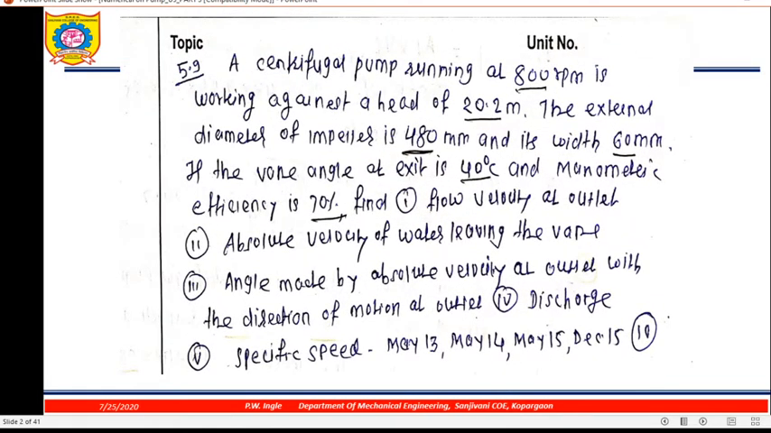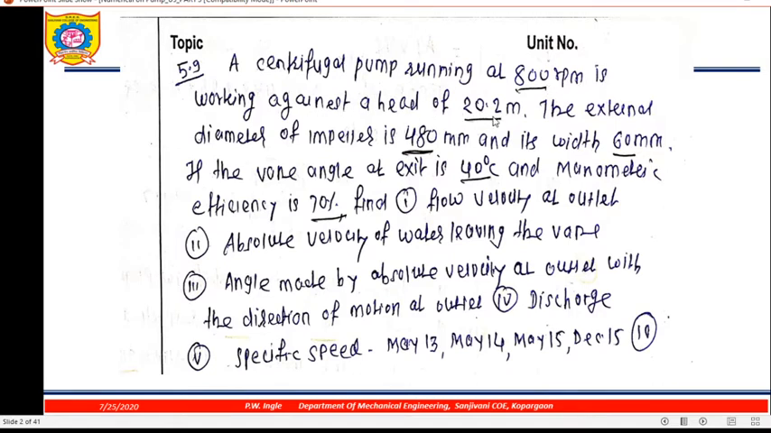So I will read the statement of the numerical. This problem was asked in May 13, May 14, May 15 and December 15 for 10 marks. A centrifugal pump running at 800 rpm, so capital N is 800 rpm, is working against a head of